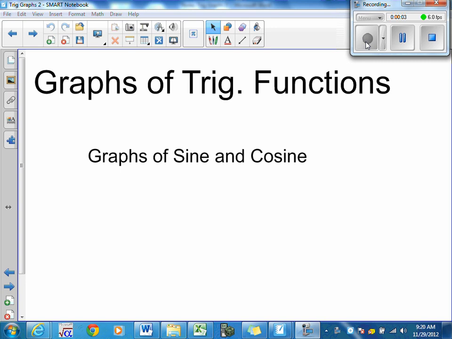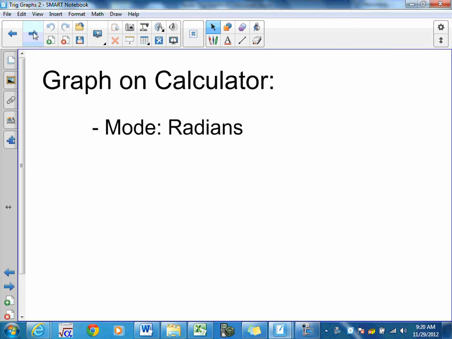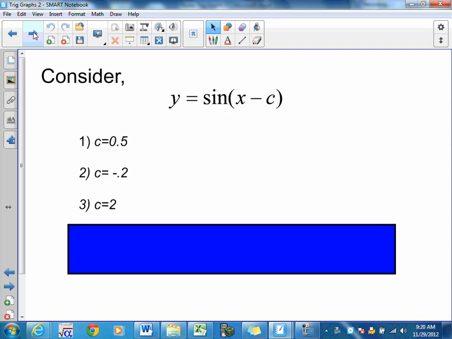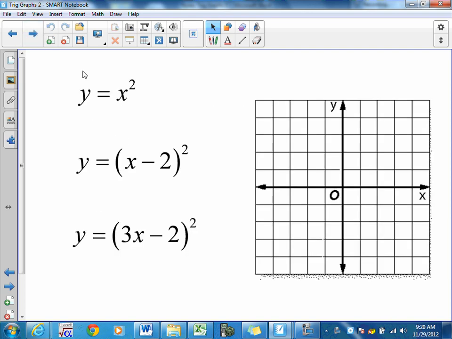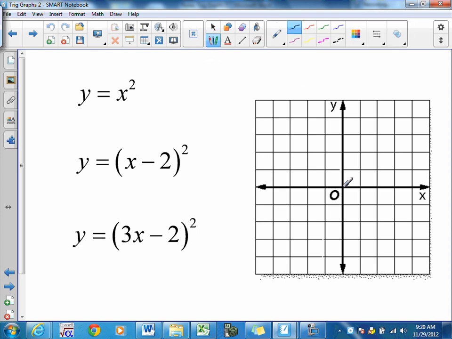We want to continue to look at the graphs of sine and cosine today. We want to look at a few more things. Now, we've kind of done some of this already with our parent functions if we think back. So I'm going to skip over some of the slides here. If we remember x squared, if we graph x squared,